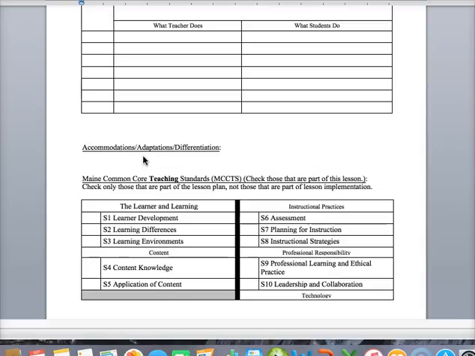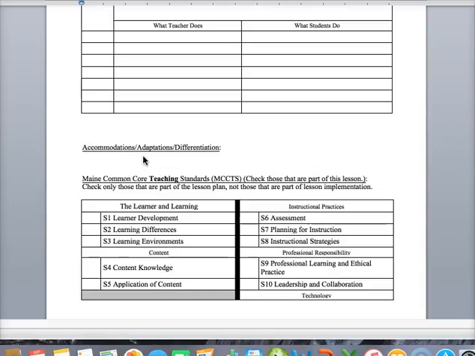Okay, so you have to think of all those things as well, and write in here what you anticipate as accommodations, adaptations, and differentiation. Knowing you don't have a class in front of you, and you don't have a list of students with IEPs or 504s, and you don't know who's gifted and talented, and you don't know who misses school a lot, but you make some